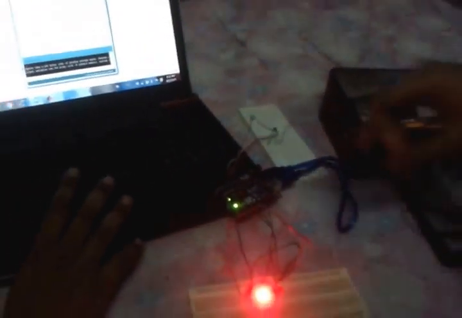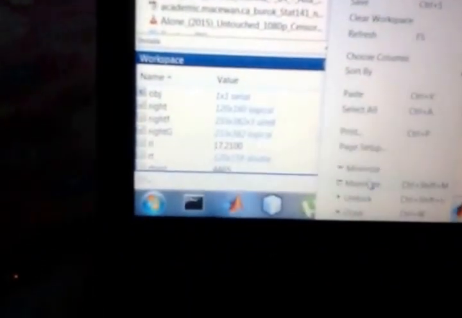Now I also want to show you one thing. This is the LDR that we are attaching to the Arduino. Please show the LDR, Joydeep. This is the LDR that we are attaching to the Arduino. What we are doing is actually taking the value of